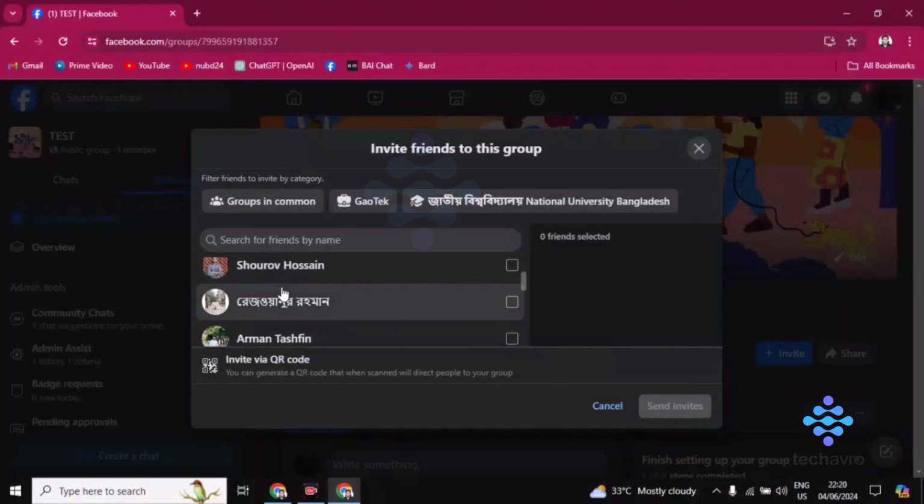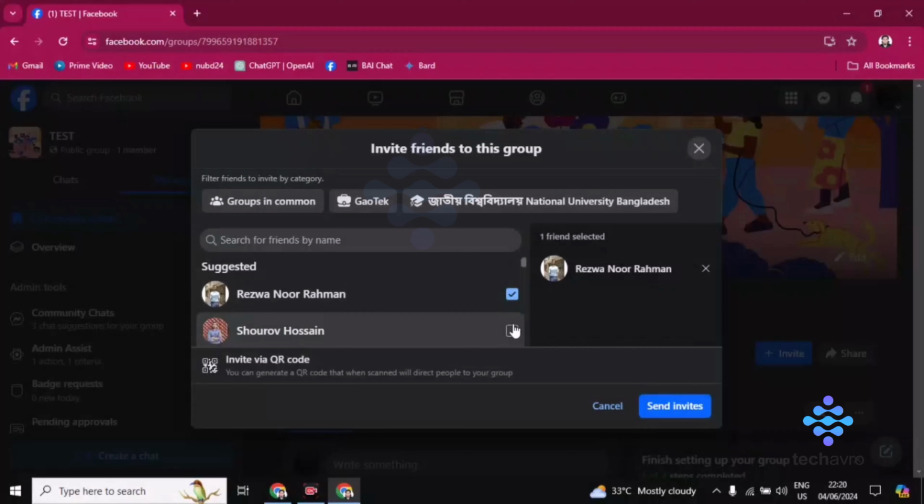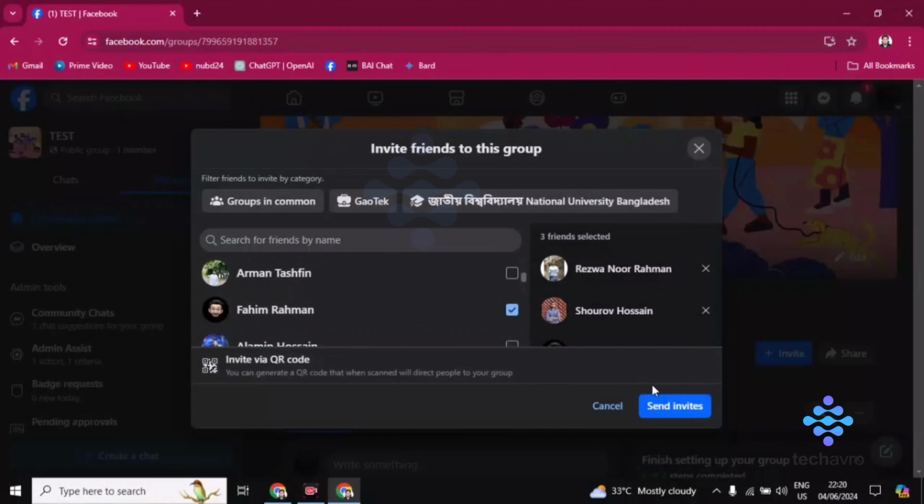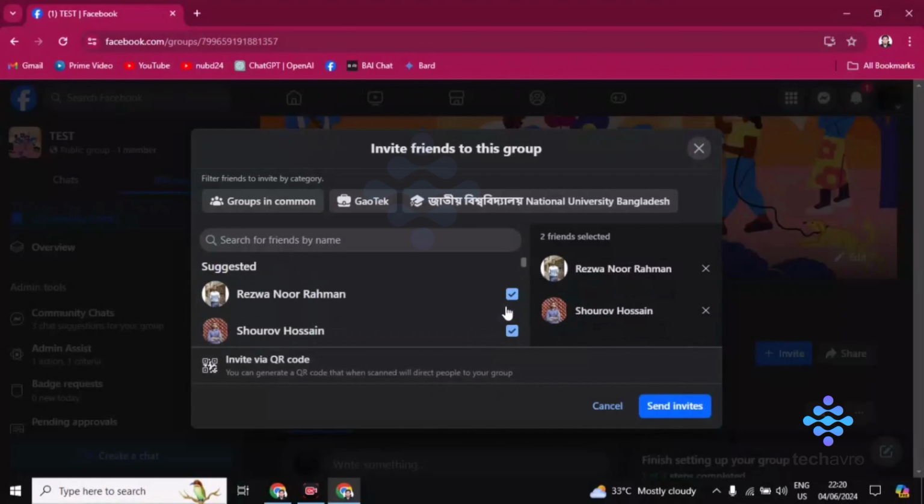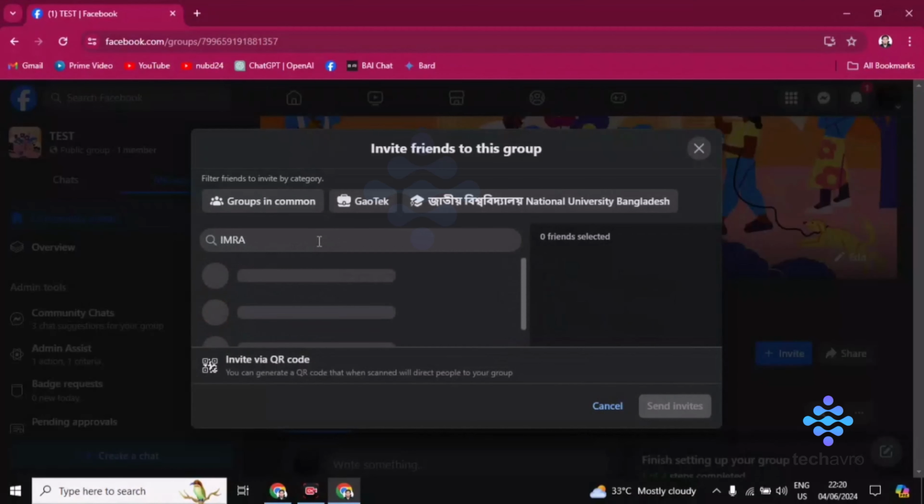Now you can see all of your Facebook friends here. You can choose a Facebook friend and click on send invites, and then they will find in their notifications that you have invited them to join. If they click on accept, then they will be your group members. Okay, so if you want to search for friends by a specific name, you can search for it